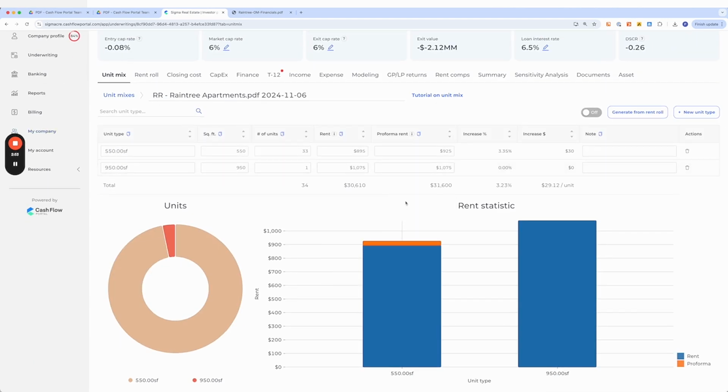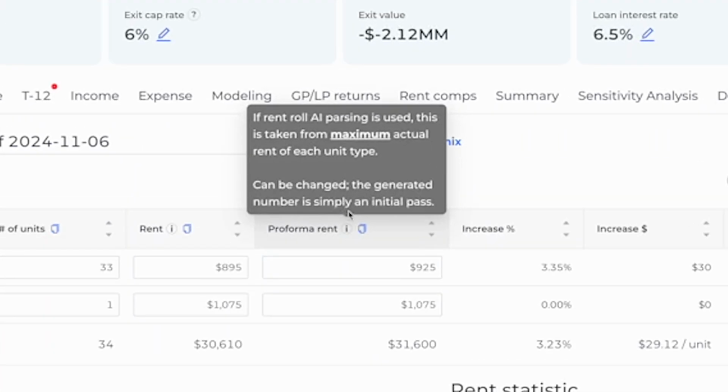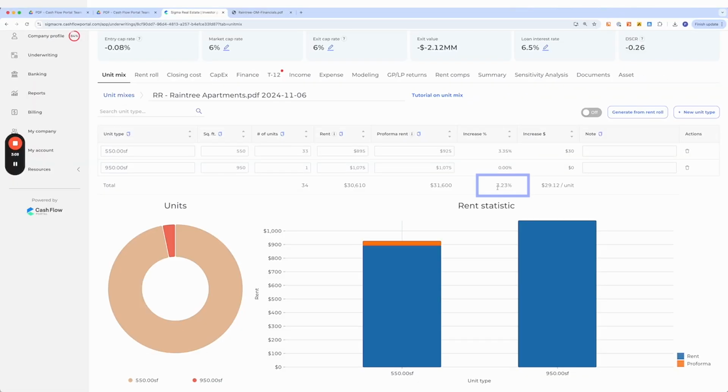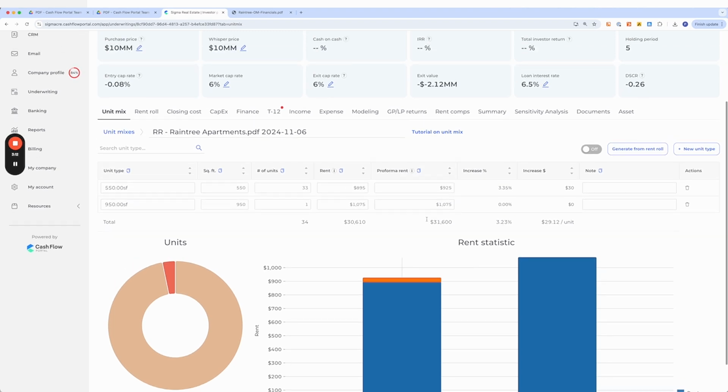The misconception here is that the pro forma rent stays put. The pro forma rent is just the first pass. All we're doing is taking the maximum rent from the unit mix in the rent roll, but you can change it to however you like. This is just the first pass, right? But this is a pretty good increase. Let me come back to this in a second, but let me go ahead and upload